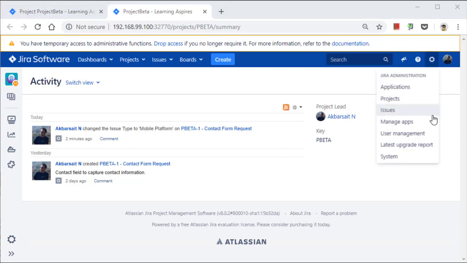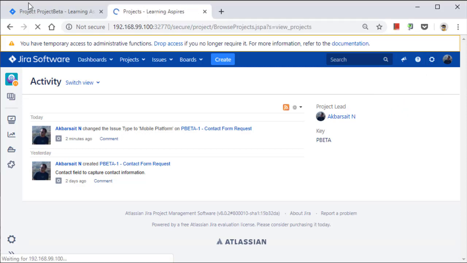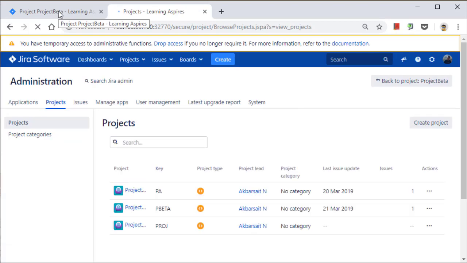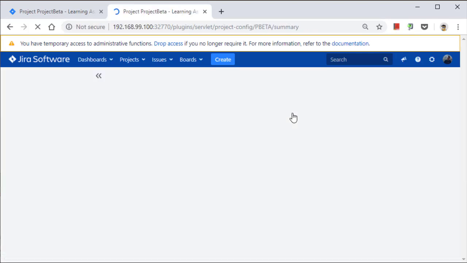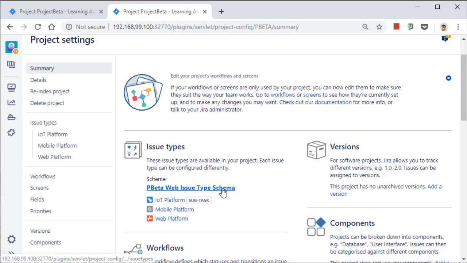Let's quickly go over how we can change an existing issue type schema with multiple issue types. Let's go back to the project screen, projects. Now click the same thing. Remember, earlier it was a different default issue type and we changed the schema to our newly created issue type schema. Now let's click this,